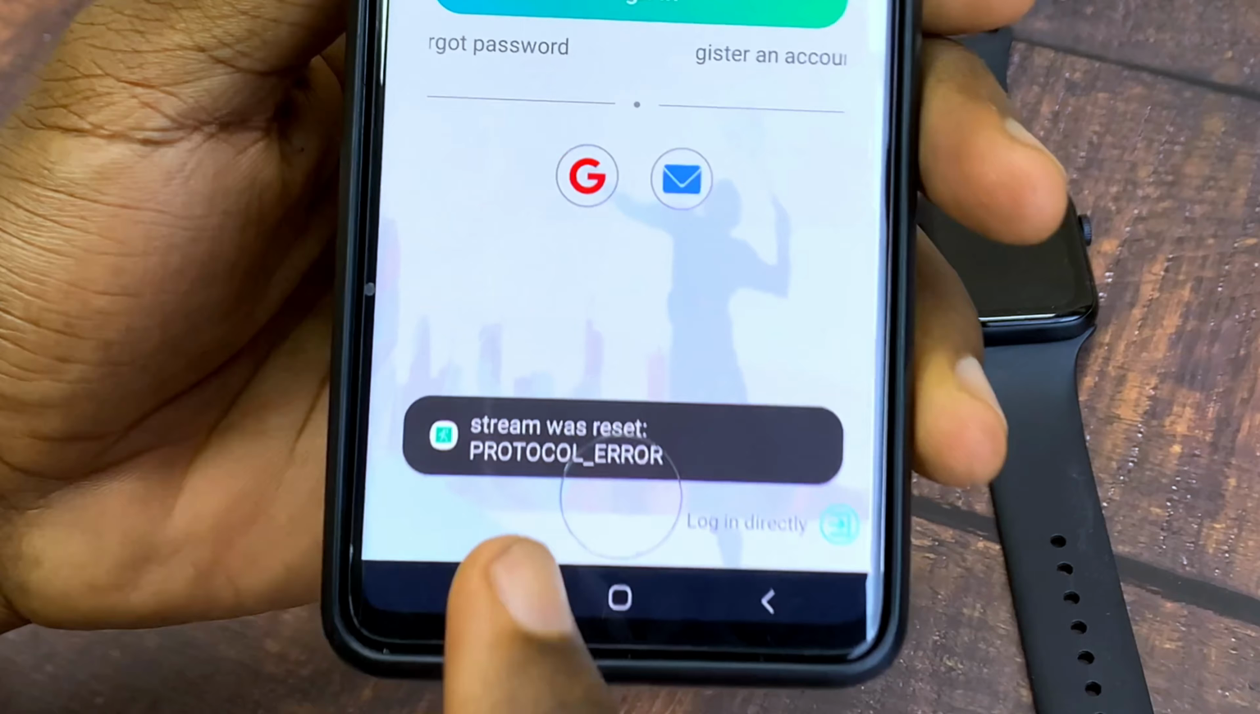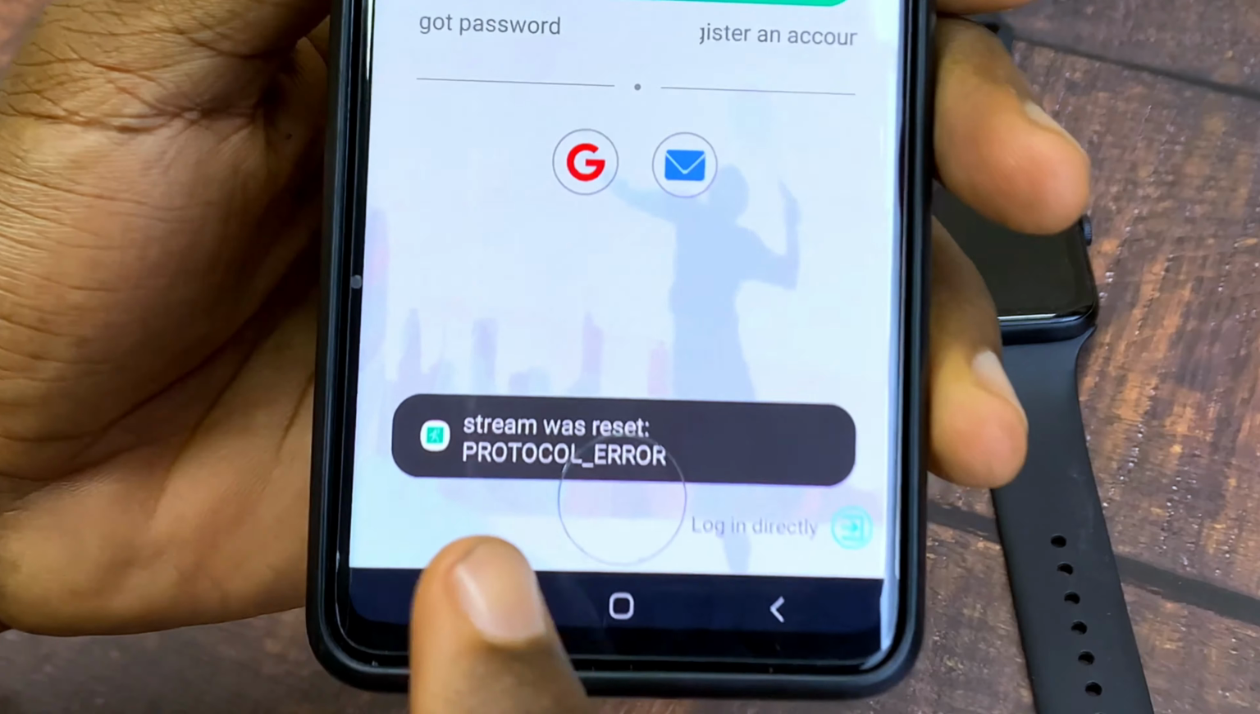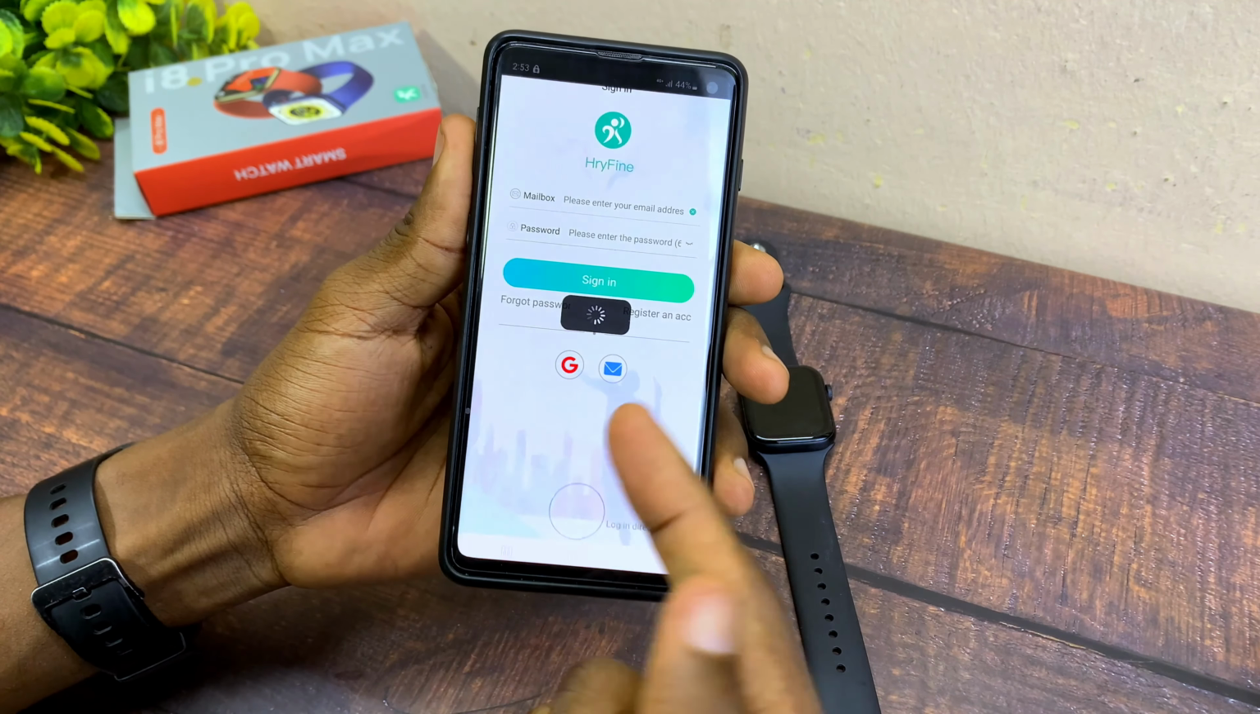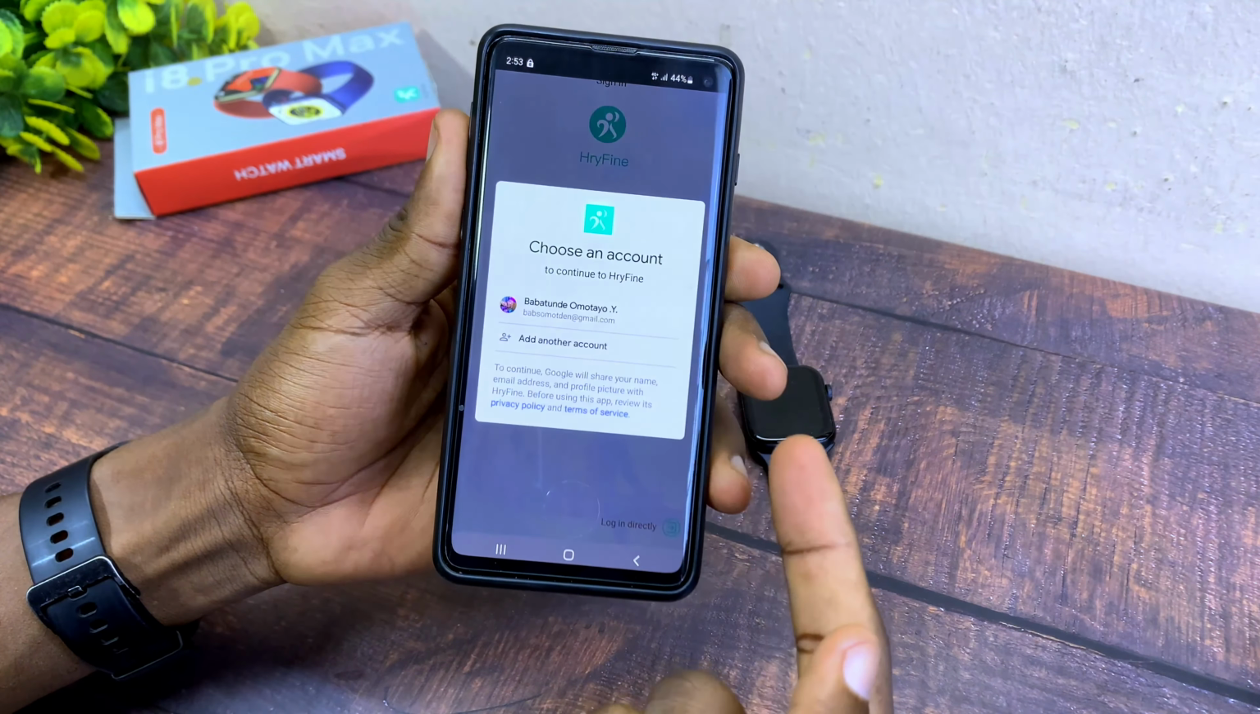So if you have your Hryfine app and you are trying to log in directly and you are seeing "stream was reset" protocol error, even if you have tried using your Gmail and it is still not working, you are seeing "stream was reset", this is what you have to do. The first thing to do is to uninstall this very version of the Hryfine app